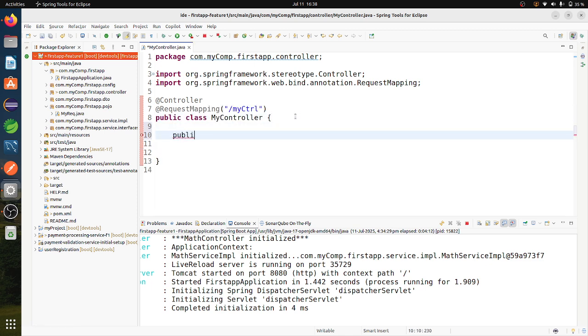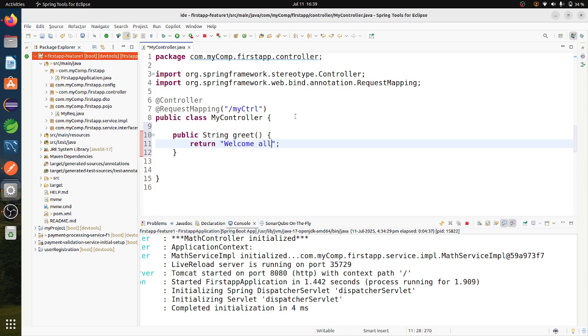Even if I declare one, it will throw an error. Why? Because here I am declaring some method, something like message, or I'll say greet. I'll return some welcome message here. Some welcome all.